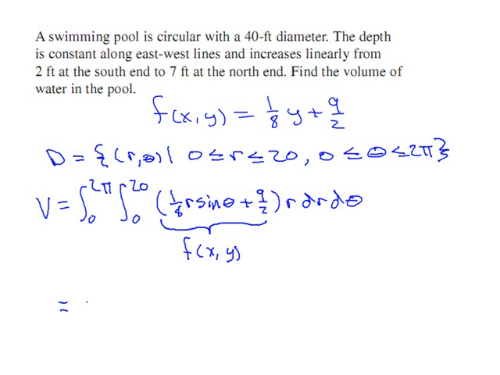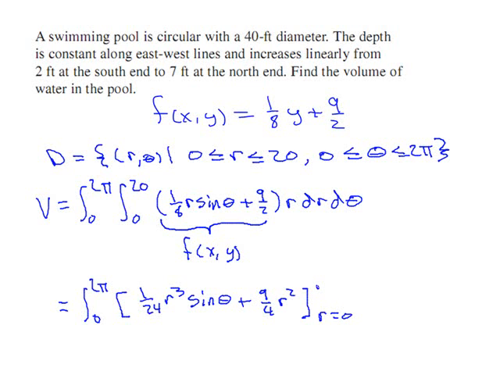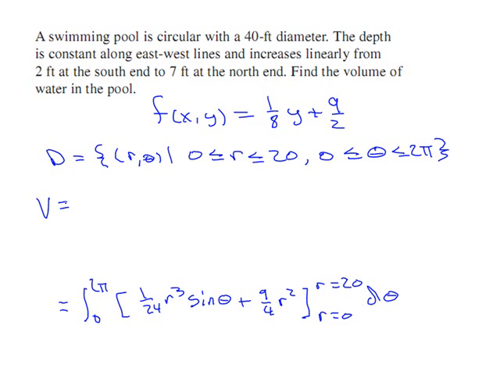Evaluating the radial component of the integral, we're left with the integral from 0 to 2 pi of the quantity 1/24 r cubed times the sine of theta plus 9/4 r squared, evaluated at the endpoints, d theta, or the integral from 0 to 2 pi of the quantity 1000 over 3 times the sine of theta plus 900 d theta,